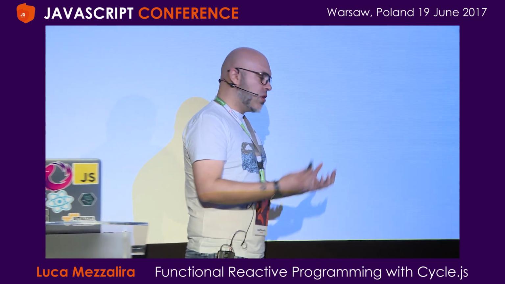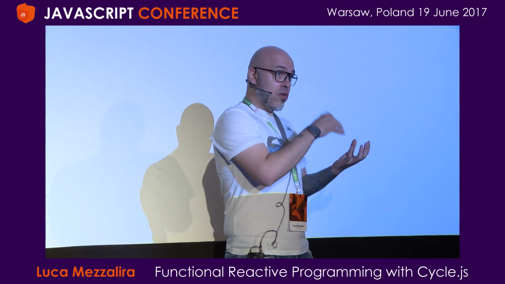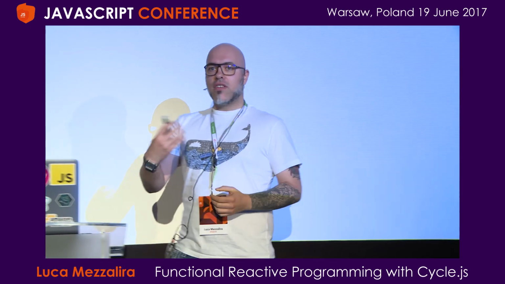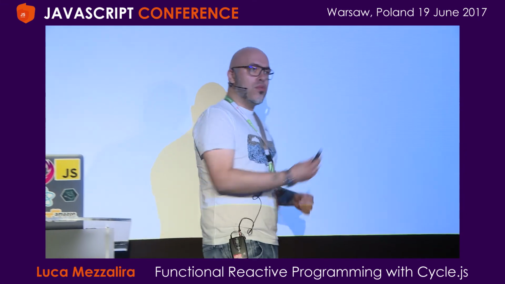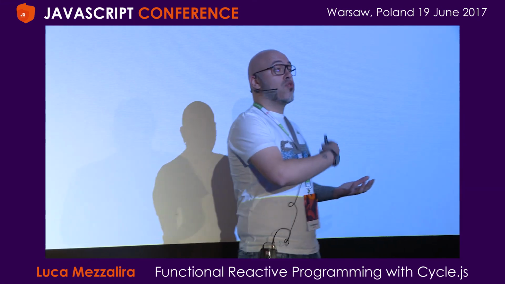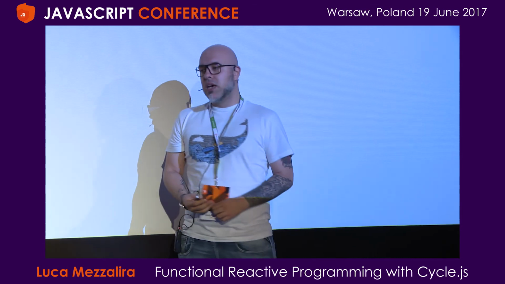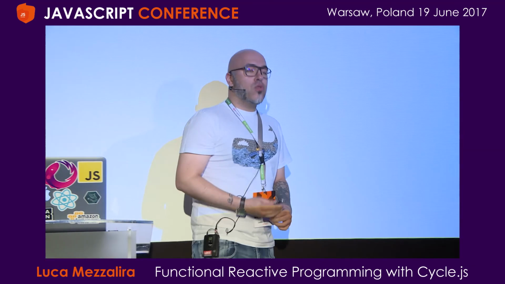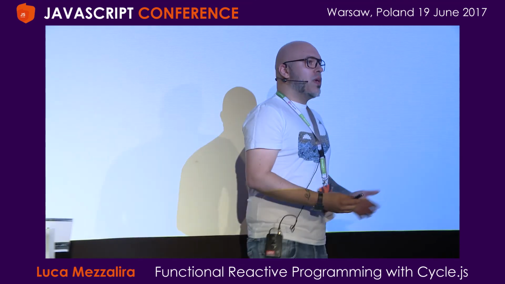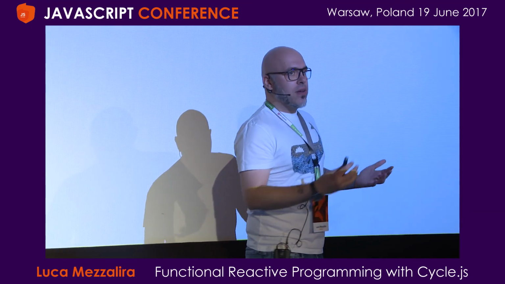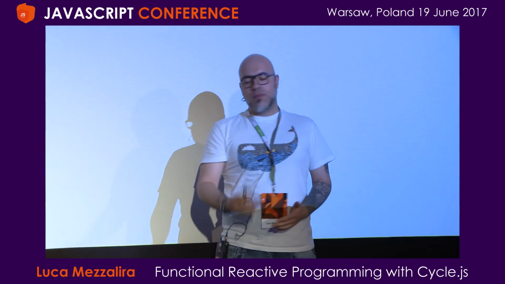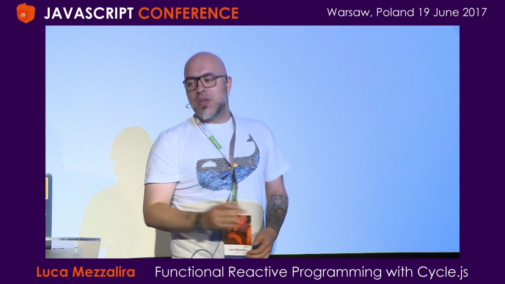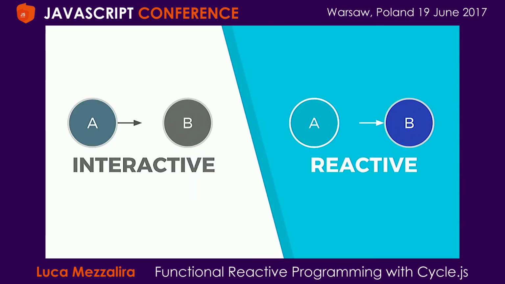So usually in interactive programming, A owns or creates or is injected B, and starts to interact with it. Like, for instance, I have inside my object A the object B, and I call a method on it, or retrieve a property from it. In reactive programming, it's completely different. In reactive programming, you don't care about B. B will be notified that something happened, and we react to that change. And that's the key thing. It looks like a very, very small change, but it's a completely different paradigm if you think about that.